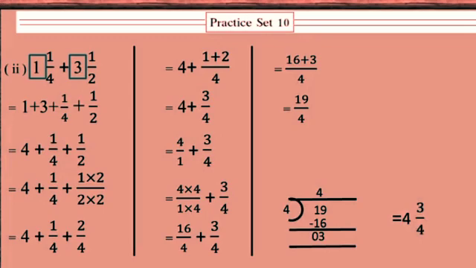Again what we have to do? Yes, we have to convert 1 into 4, that is to make the denominator equal. So we have to multiply it with 4. 4 multiplied by 4 is 16 upon 1 multiplied by 4 is 4. Now the equation is 16 upon 4 plus 3 upon 4. So denominator will remain as it is. Answer is 19 upon 4. Let us convert into mixed fraction. See the answer, students.